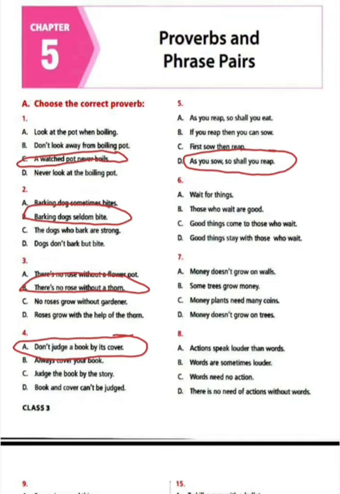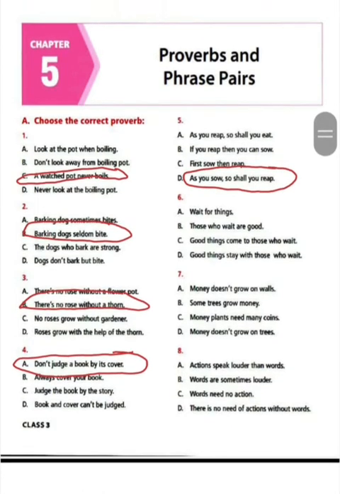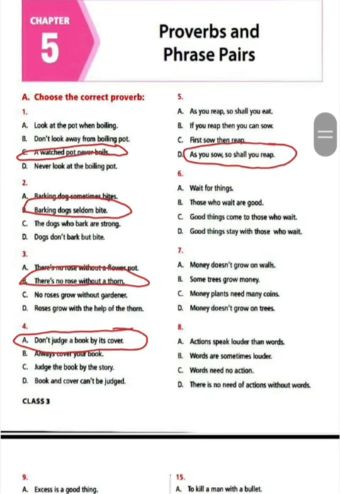Your correct proverb over here in number 6 is good things come to those who wait. Means you have to wait for good things to happen. They will not happen by miracle. You have to be patient and wait. Number 7,